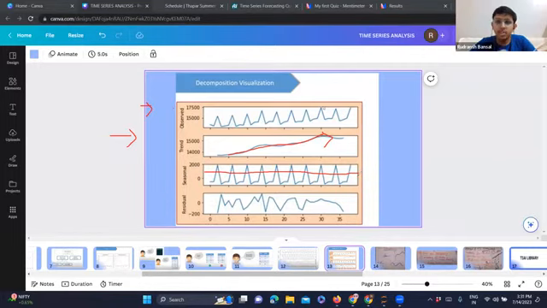Just like in simple ML, you have models like linear regression, multiple linear regression, in time series also you've got different models. You've got long short-term memory, LSTM. You've got ARIMA. You've got SARIMAX. Initially, these terms might look like huge terms, but when you begin to use them, these are quite easy terms, and you can easily deploy these models. Trust me when I say that they have varied usage. You can use them in various hackathons, various events, and they will prove to be utterly beneficial to you.